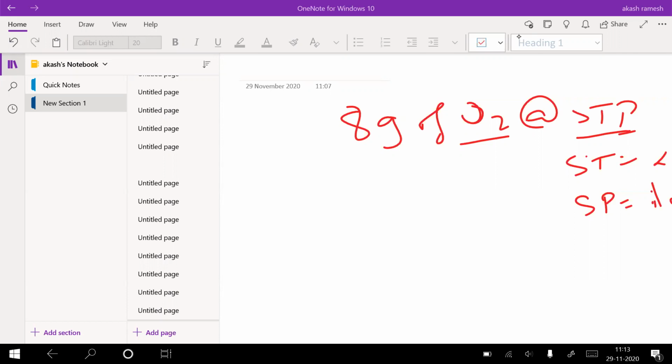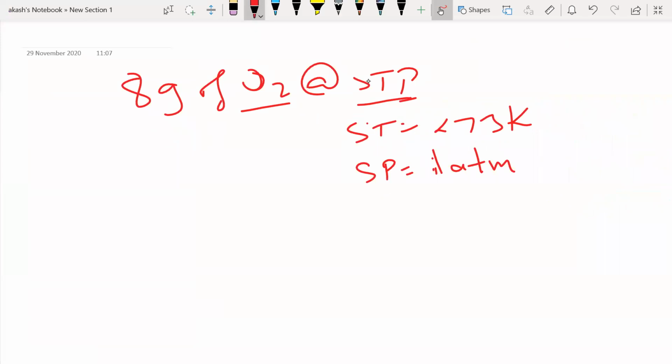Nobody remembers. So this is how you studied 11th class? It is 22.4 liters. Right, that's the answer. So 1 mole of any gas at STP will occupy a volume of 22.4 liters. So again, this is also at STP. If I have 1 mole of O2 at STP, this will have a volume of 22.4 liters.